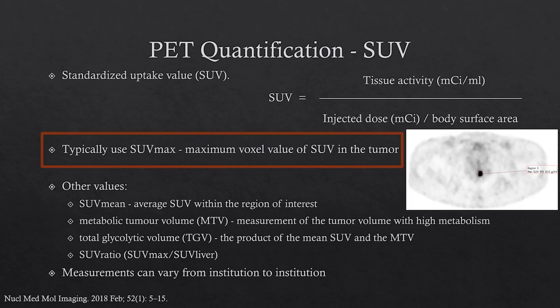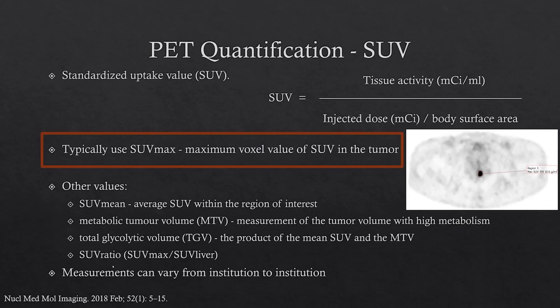Now, a lot of times when you're doing a PET scan, you'll see values like SUV max. There are several equations used to calculate this. This is one of your basic equations. Most centers would use SUV max, which is the maximum voxel value of SUV in the region you're measuring, and that's the value that they'll report. There are many other measurements you'll find in the literature, including SUV mean, metabolic tumor volume, total glycolytic volume, and